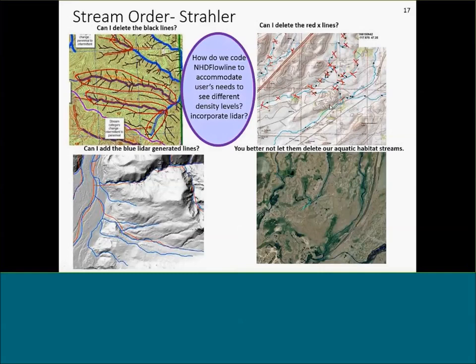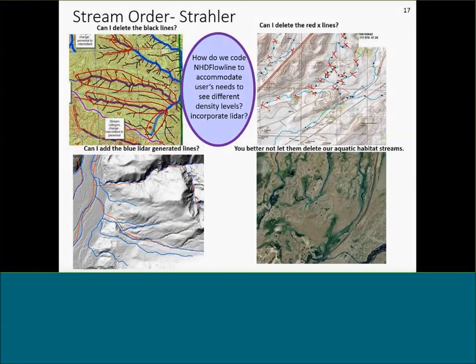And at the same time, the USGS was going through its network improvement project, which was doing a lot of quality control on flow direction across the country to prepare for a new NHDPlus. This is one that I got from them. Can we delete all these with red X's over them? Because these aren't real streams. For this one, I looked to see what the aerial photos looked like, and there were all these green areas there. They might not be super big streams, but they're definitely aquatic habitat.